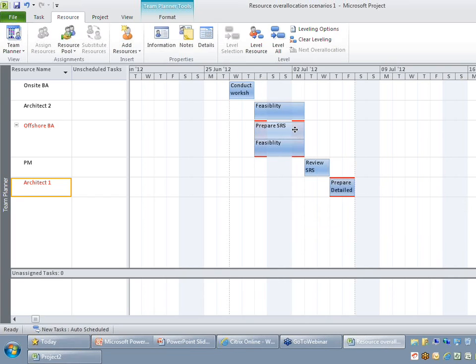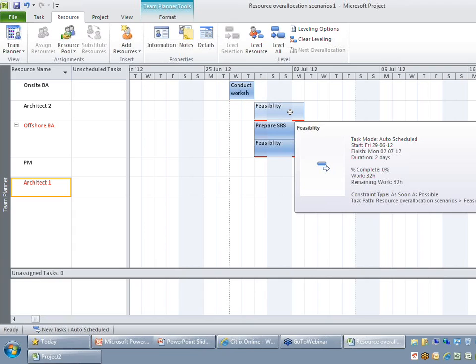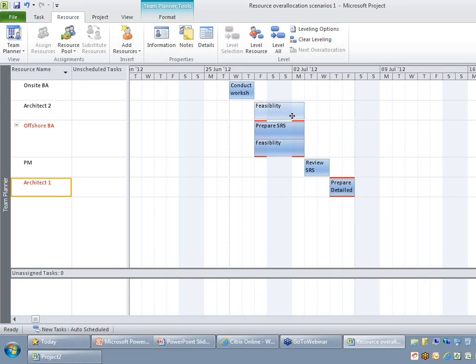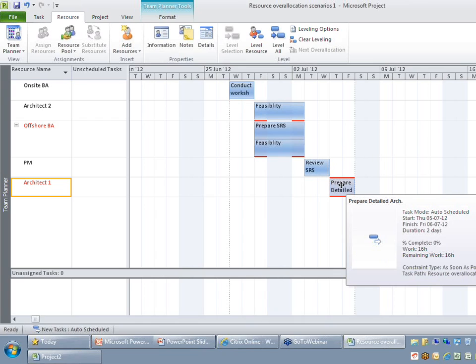Another benefit of using the team planner is when you do a mouse over on top of any of those tasks, there is a lot of key information displayed on that tooltip. So please take some time to read through some of those labels. The last statement here will clearly tell you what is the relationship between its predecessor and successor and what is its task bar. If I just move to the last activity, you are able to see the set of activities that are generally connected to it. Which means before preparing a detailed architecture, you have another activity that is getting connected to it.